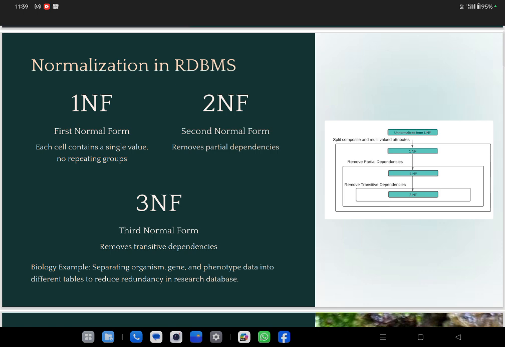separating organism, gene and phenotype data into different tables to reduce redundancy in research database. রিডান্ডেন্সি মানে একই জিনিস বারবার আসছে, মানে একই, মানে গাছে থাকে, 10খানা গাছে থাকে, তুমি আসছে একই জিনিসের জন্যে, একটাই হয়ে যাবে। বিভিন্ন লোক বিভিন্ন অবজারভেশন করেছে, গাছে থাকে, তোমাকে নর্মালাইজ করে গাছে থাকে করতে হবে।